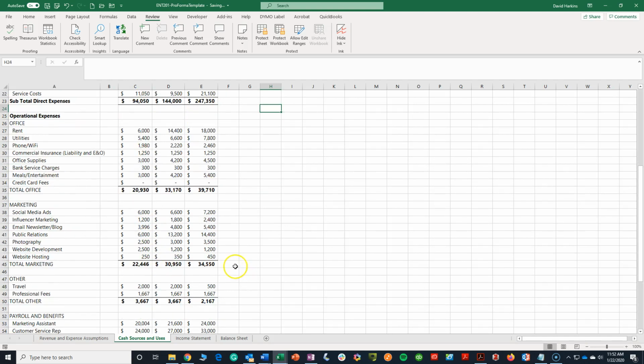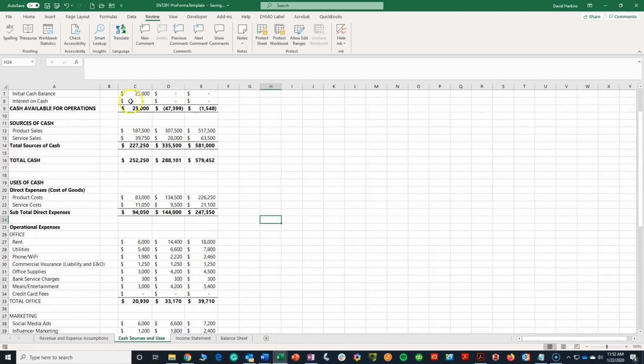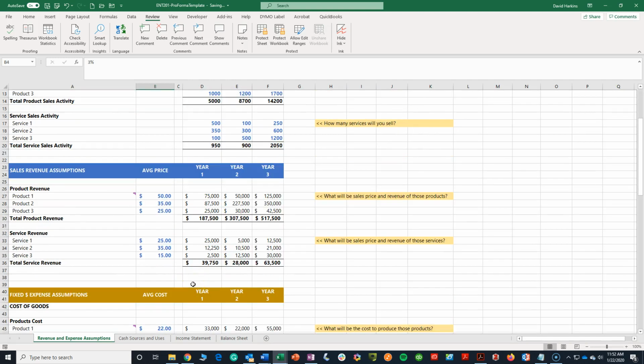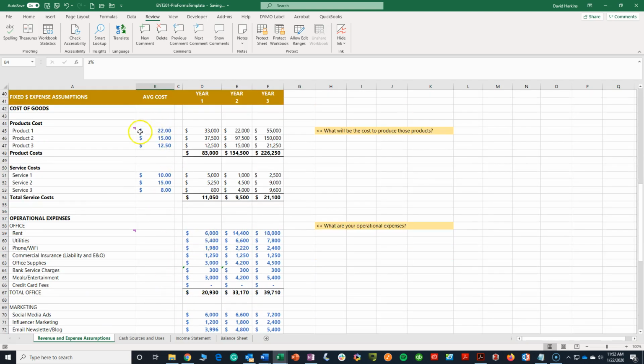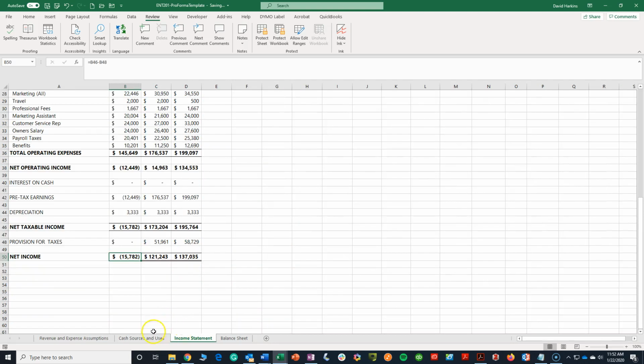The only thing you can do if you only have a fixed amount of cash is to either reduce your expenses or increase your revenue, and you would make those changes back on this side of the sheet. Okay, you can increase the price, you can increase the number of products sold, but you should choose realistic numbers here. Or you can come down here and figure out how to best reduce the cost of production or reduce your operational expenses to be able to come in line. You see,